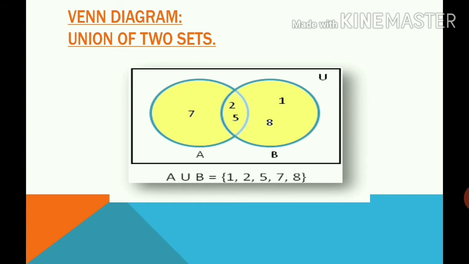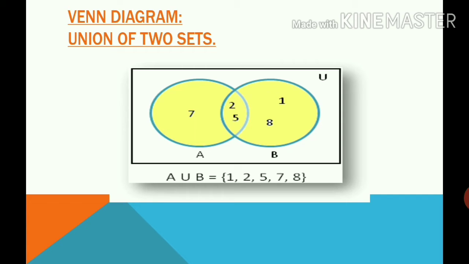Here there is another example. There are two sets A and B. Here this is through the Venn diagram. The elements of set A are 2, 5 and 7. And the elements of set B are 1, 2, 5 and 8. Remember that this mid area which is in oval shape means that these elements are in both sets. This area shares both sets A and B. The elements which are over here are in A and they are also in B.